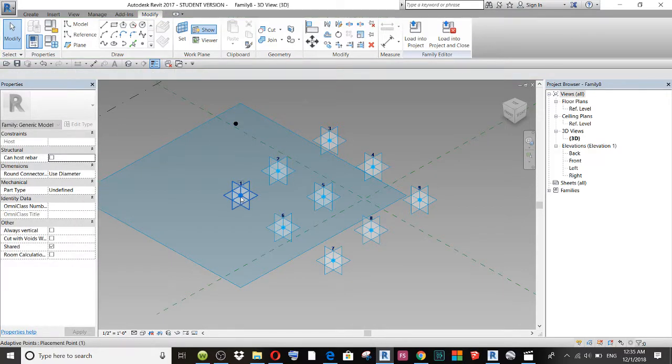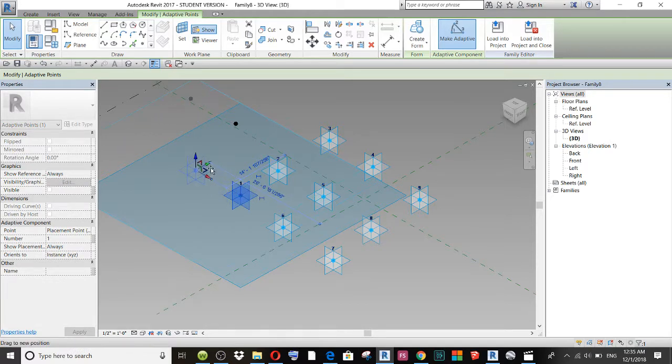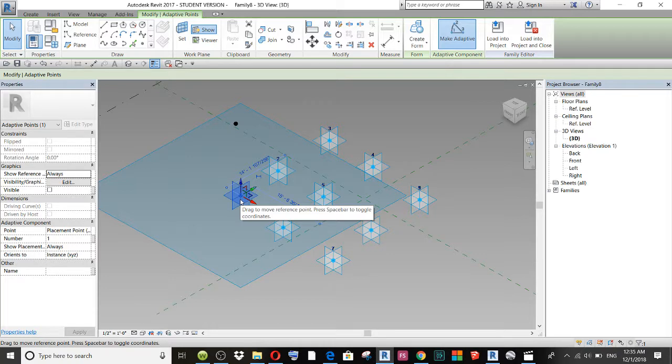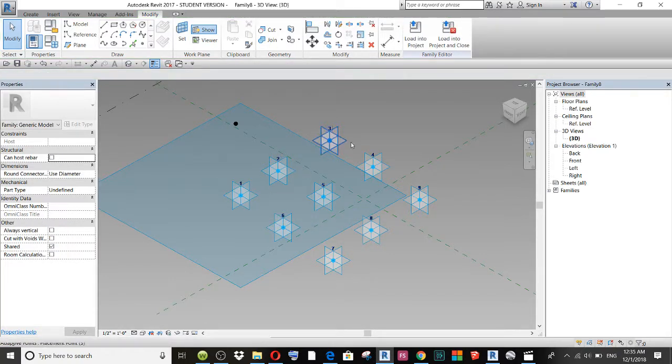For example, if I move this adaptive point in any direction, the point that is not adaptive moves with this adaptive point; they are associated together. That is what I want for all the other points. So I go ahead to set and select the horizontal and put my point,